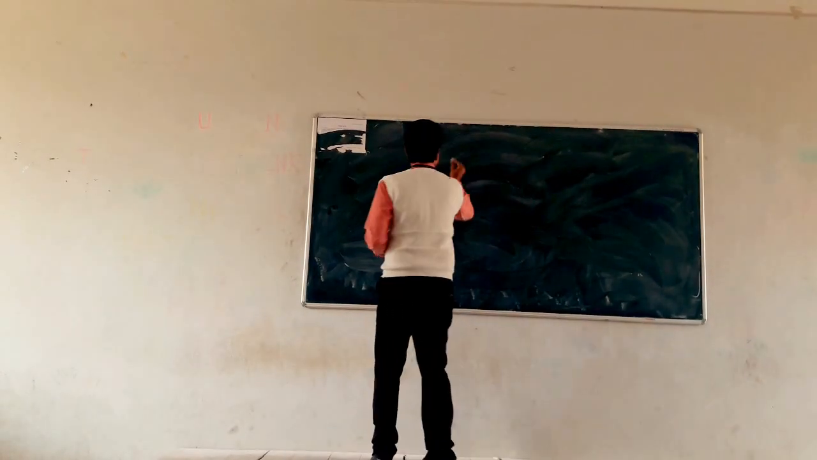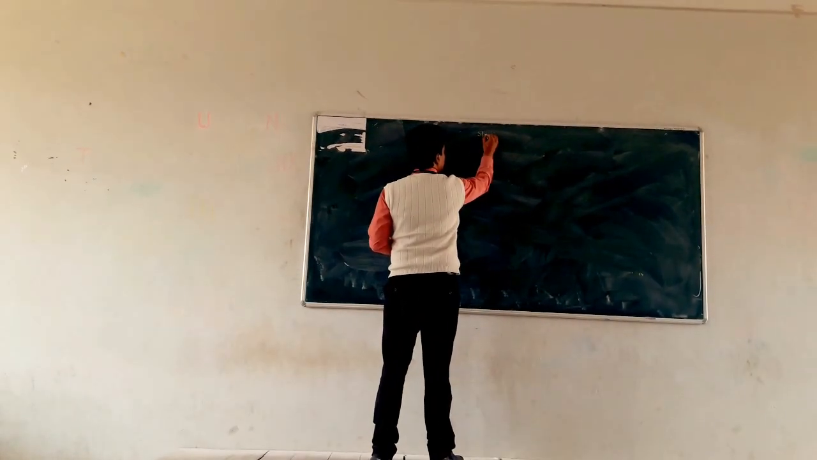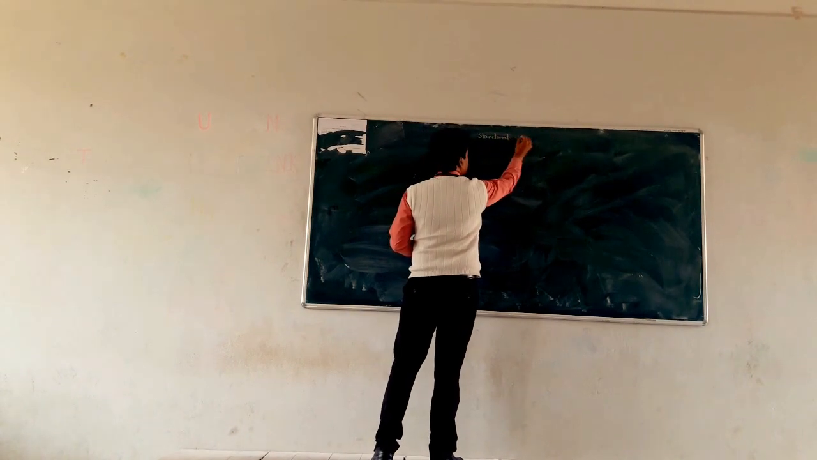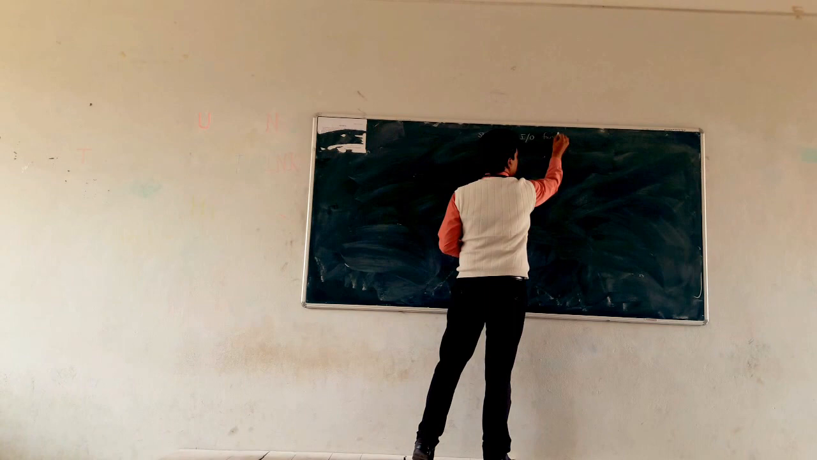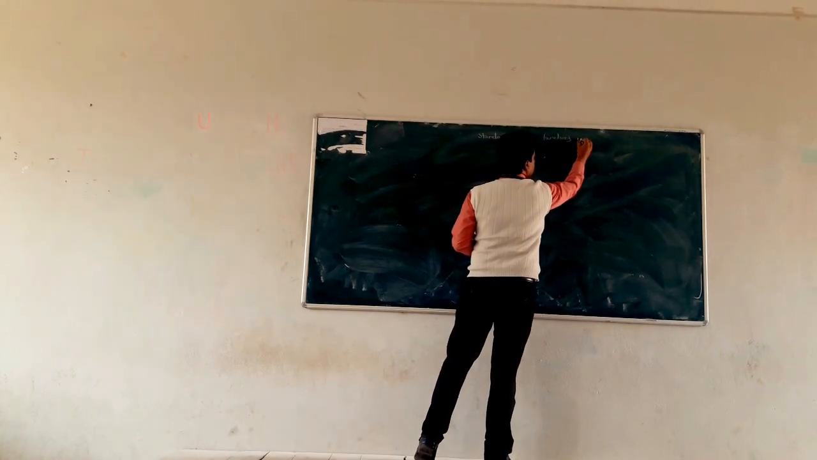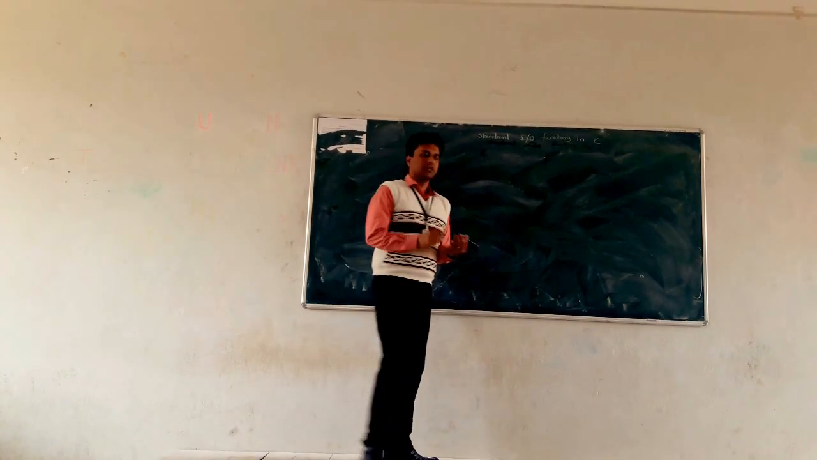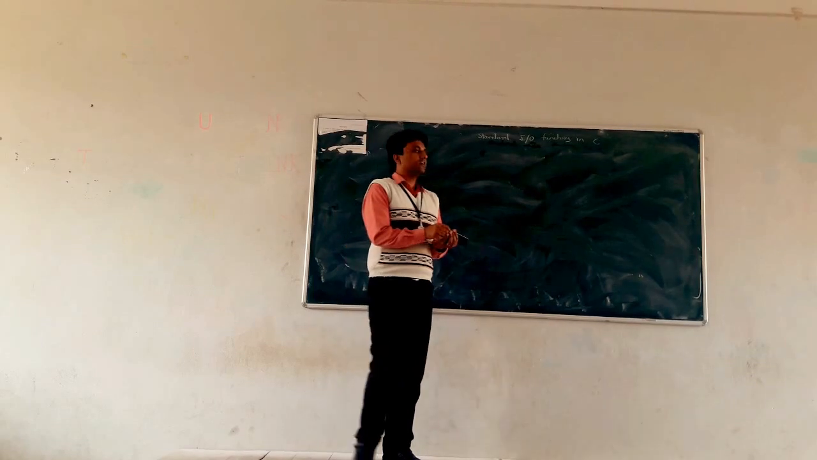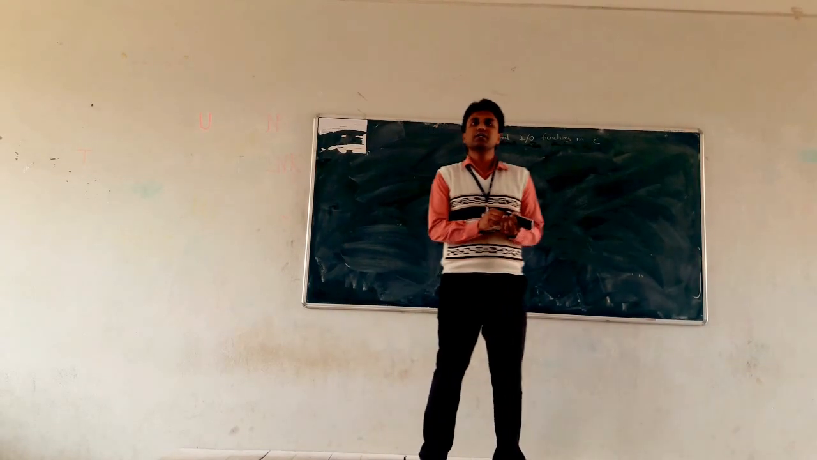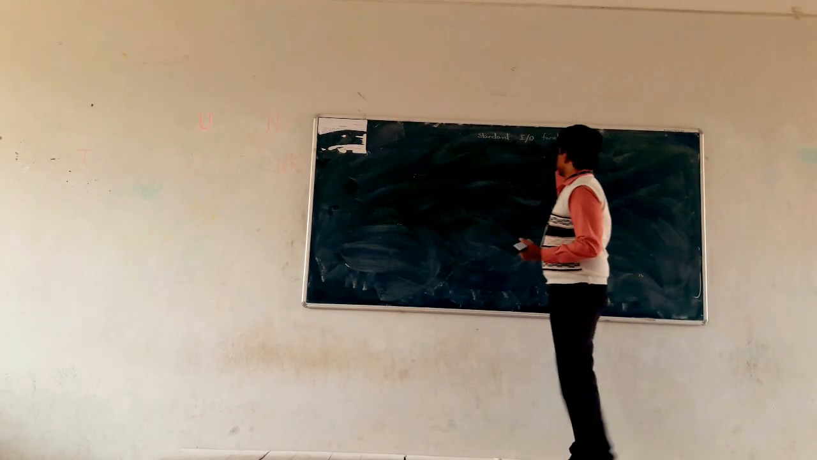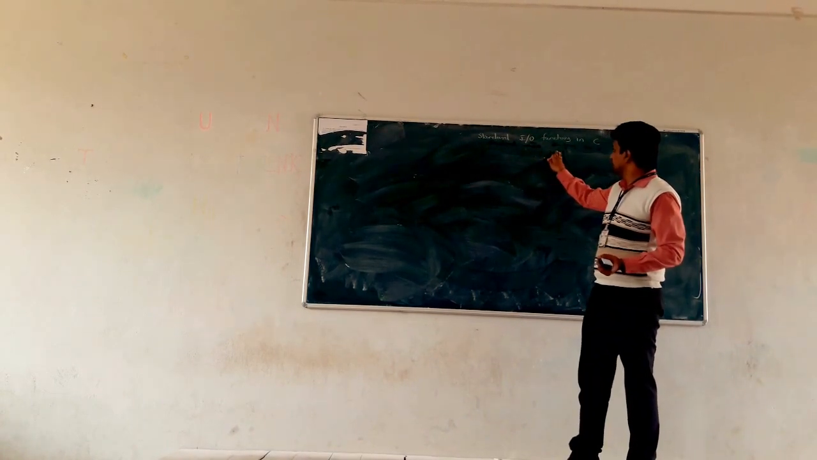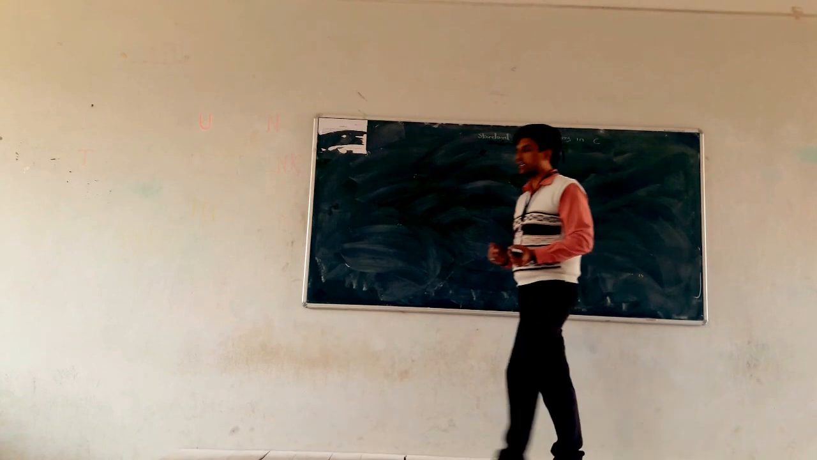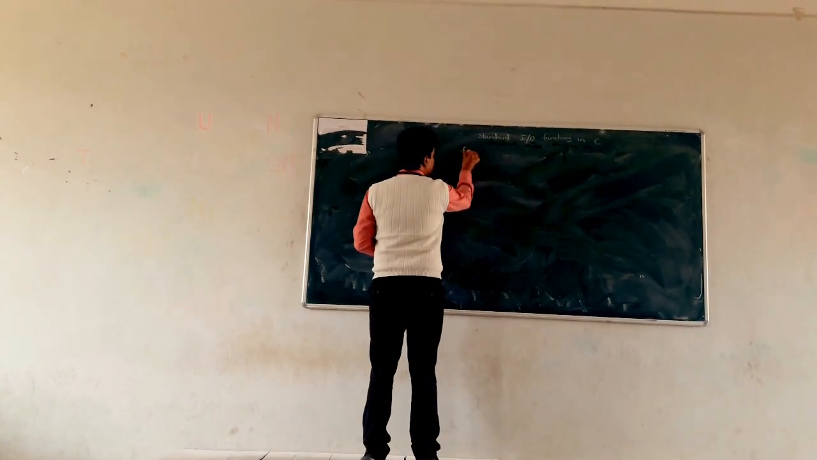Standard input output functions, standard IO functions, that is input output functions in C language. Okay, so what are standard input output functions? Basically these standard input output functions are divided into two types, that is formatted